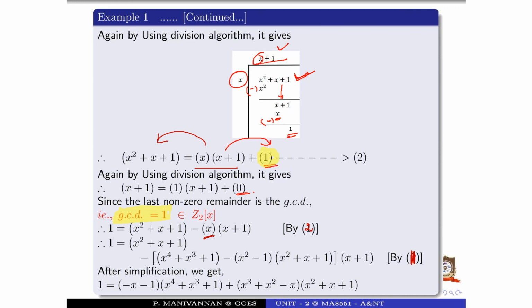From the previous equations, its value is x^4 + x^3 + 1 minus (x^2 + 1) times (x^2 + x + 1). Again multiplying by x plus 1 inside and simplifying, we get